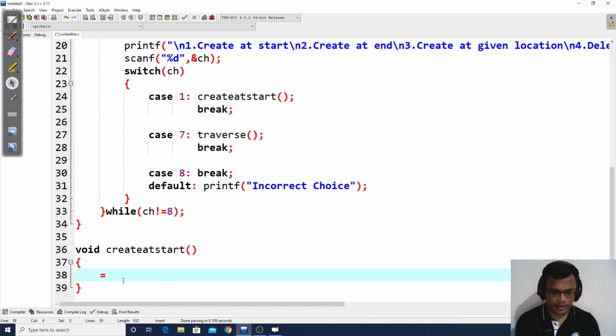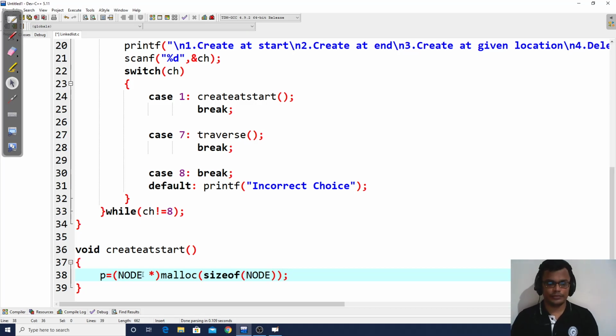Okay. So how do I create it? P equals node pointer, and I'll be using the malloc function, as I told you. Malloc will take input as size, and size for our example is size of node. So this is the syntax for creating a node using the malloc function. P is the pointer which is pointing to the node which has been created now. And we can access the data inside that P by P's data, and we can access the next link by writing P's next, as I have shown in the earlier slide.